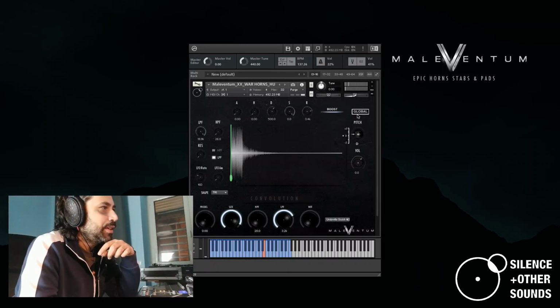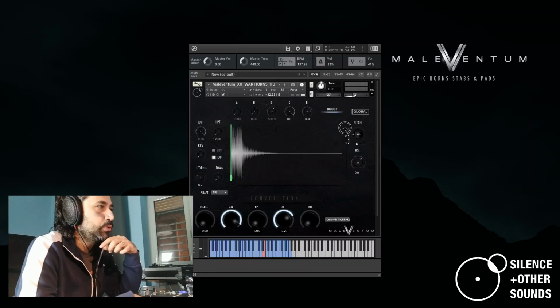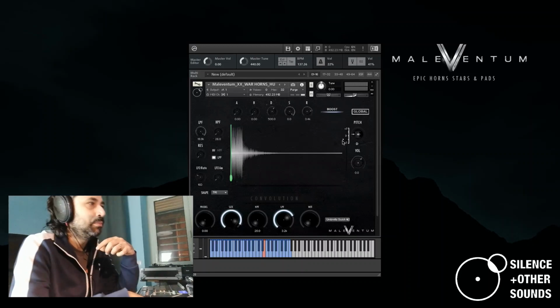In regard to this slider here that shows up when global is activated, this simply shifts all the samples from -2 octaves to +2 octaves. So if I put it to -1,